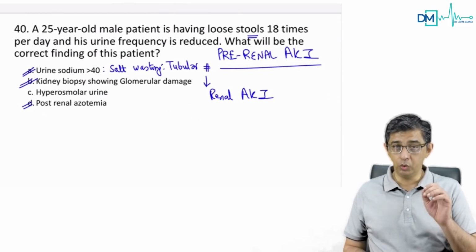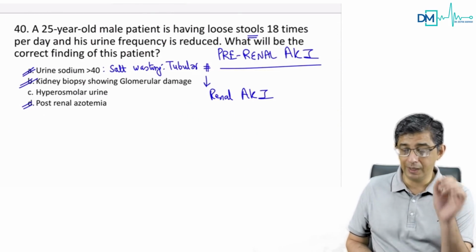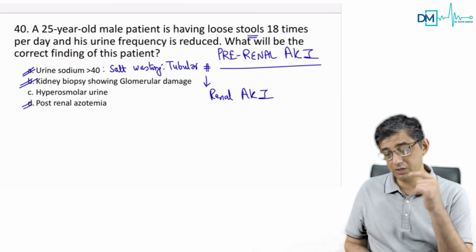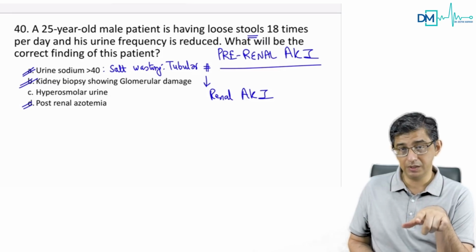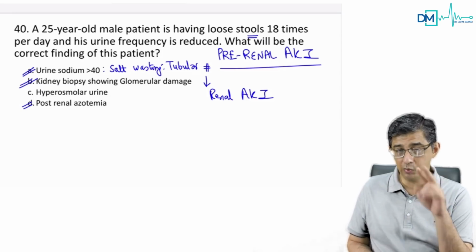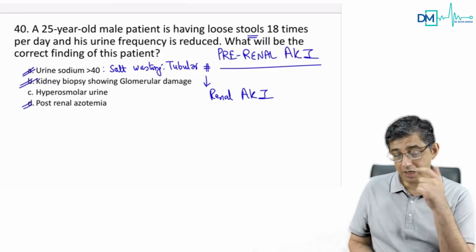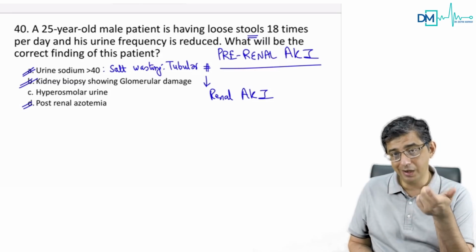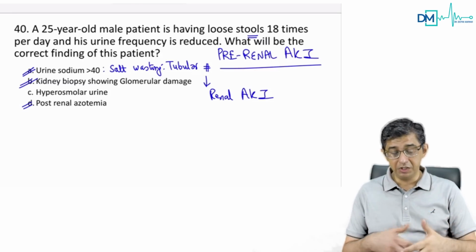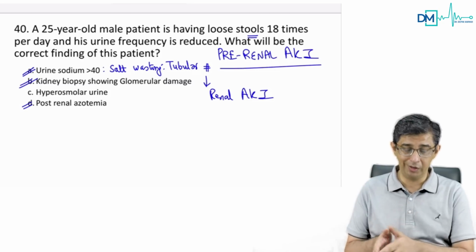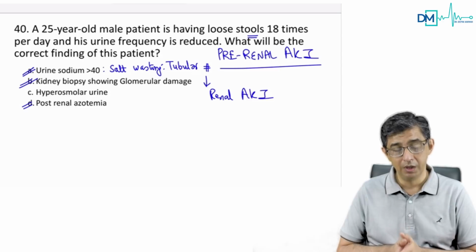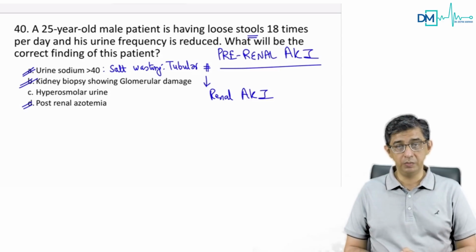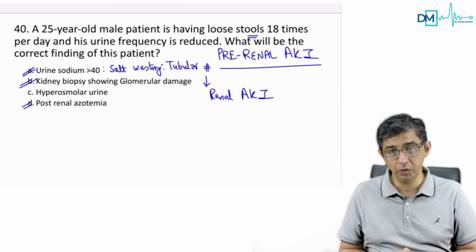I would suggest you go through the acute kidney injury topic, AKI. Just go through the stages, because there was a pediatric question that I'll discuss subsequently on acute kidney injury in this exam. So two questions on AKI came. One was regarding the variety, and the second was regarding the staging. I'll discuss the staging part subsequently, but I want you to know the etiology of acute kidney injury and how it manifests in the person. The correct answer to this question would be choice C, that would be hyperosmolar urine.